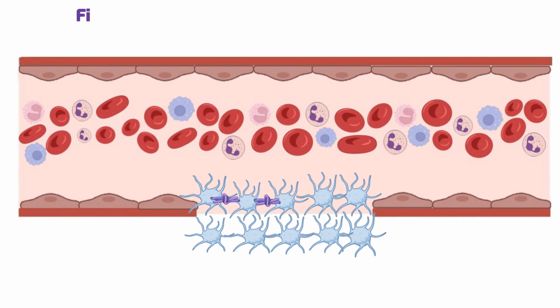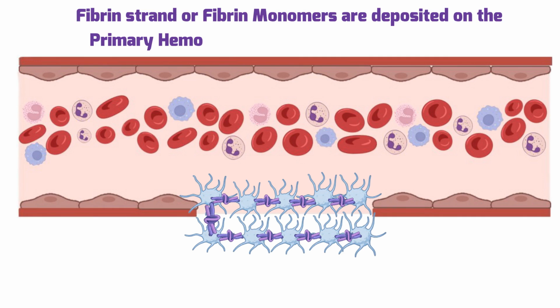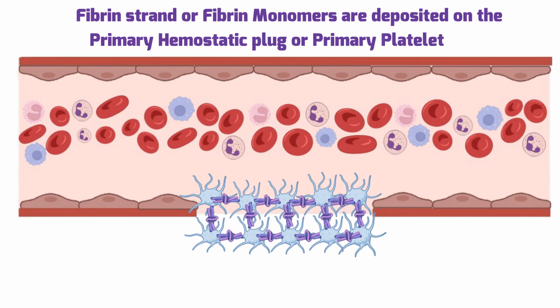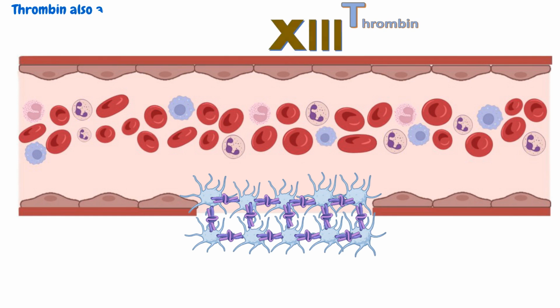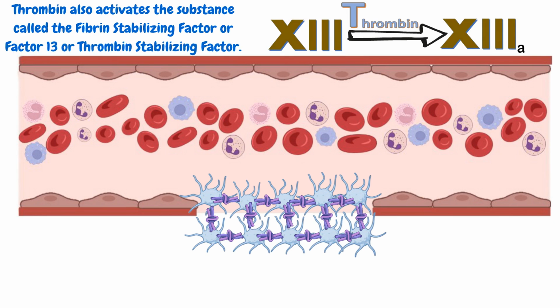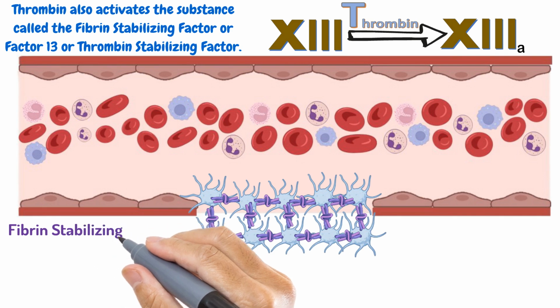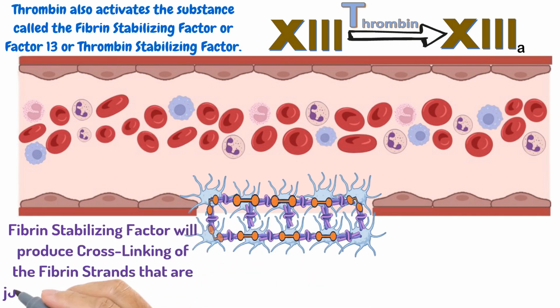So these fibrin strands or fibrin monomers are deposited on the primary hemostatic plug or primary platelet plug. Meanwhile, this thrombin also activates the substance called fibrin stabilizing factor, or Factor XIII, or thrombin stabilizing factor. This fibrin stabilizing factor will produce cross-linking of the fibrin strands that were just produced by the coagulation, and